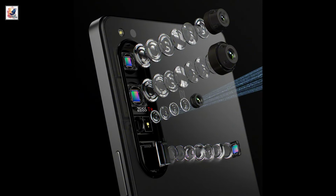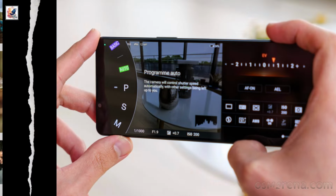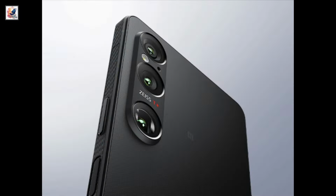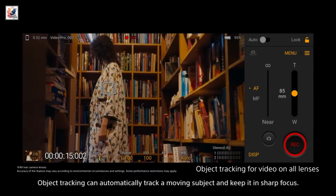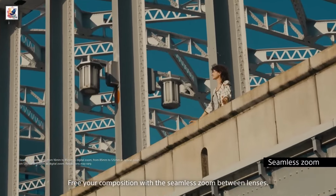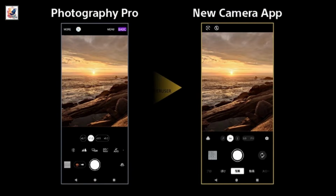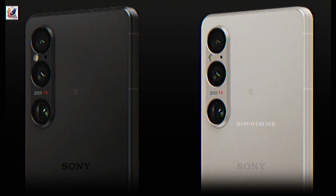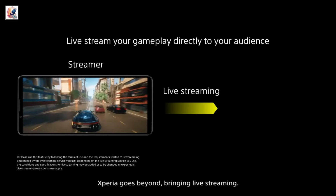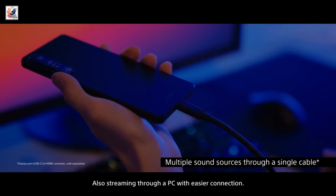a 48MP ultra-wide one, and a 48MP telephoto camera, offering 3x optical zoom and reaching 6x zoom through a sensor crop. So there will be far more megapixels for the ultra-wide and telephoto cameras to play with this year if this leak is right. This time around there will be just one new camera app, inspired by Sony's Alpha series cameras apparently. The same site also reports that the Sony Xperia 1.6 might come with a choice of 12GB or